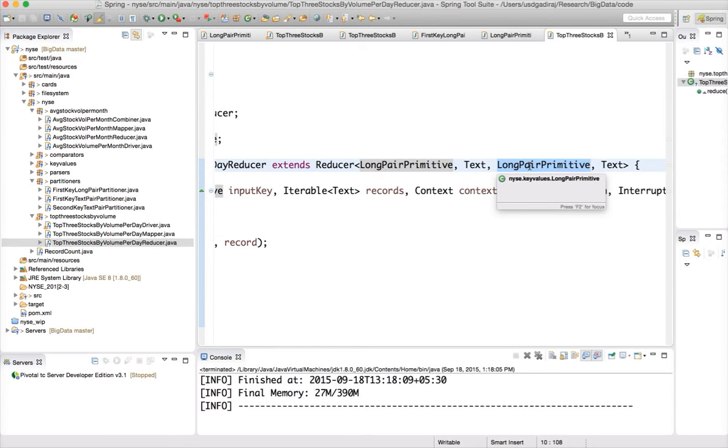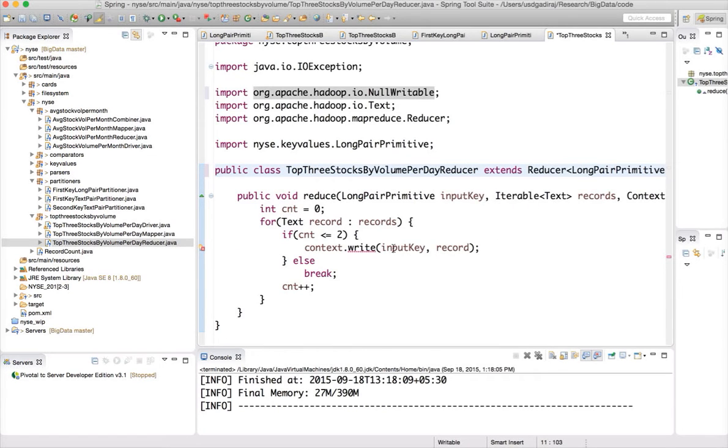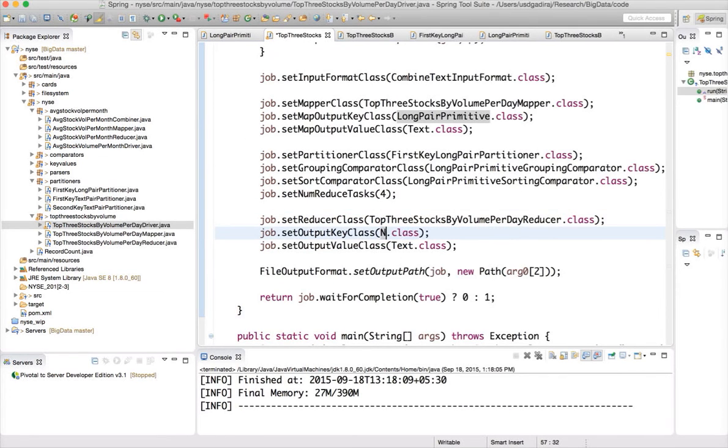In this case, we don't want to write the reducer output key, so we have to define it as NullWritable here, and then we have to import this, and then here you have to say NullWritable dot get. Then you have to go to the driver, and in the driver also you need to say that the output key class is NullWritable, not whatever it was before, long pair primitive. So here I have to import this one. Now if you use this